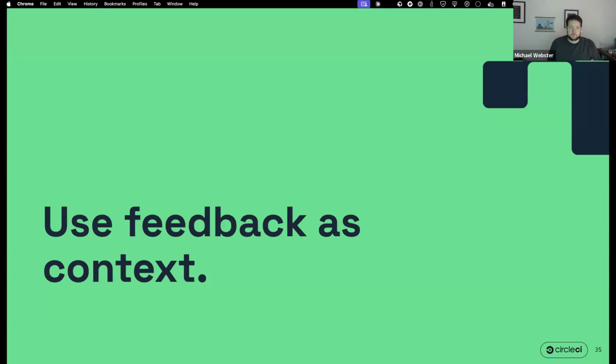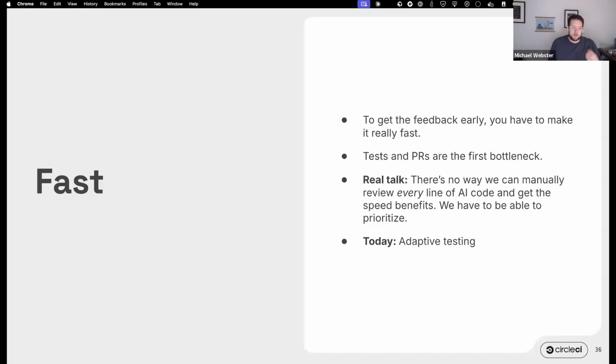Another thing we're finding super useful is using feedback itself as context. What I mean by that goes back to that check down there at the bottom, right? If you can provide the agent with an exact problem, it's going to be much more likely for it to be able to solve it and match on that problem. But in order to do that, that feedback needs to be delivered fast, right? It doesn't really do you a ton of good if it takes a really long time to run the tests, right? PRs are currently a source of feedback, but they're actually quite slow, right?